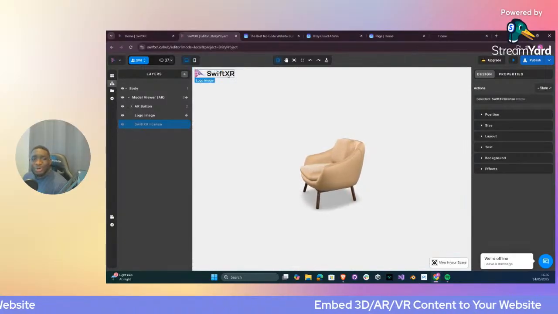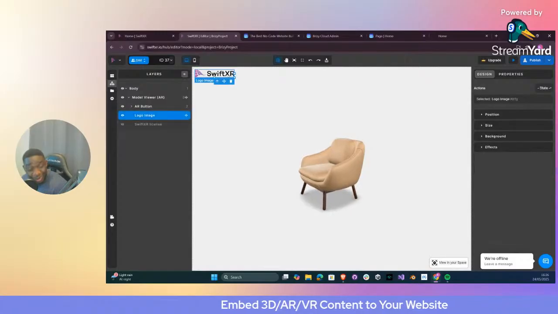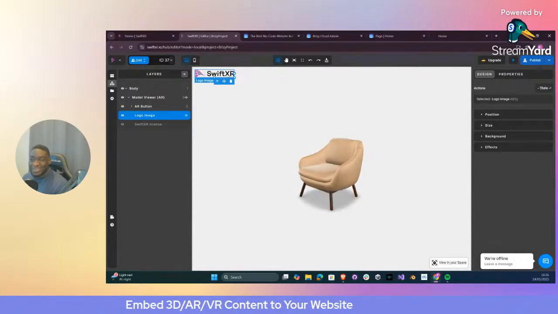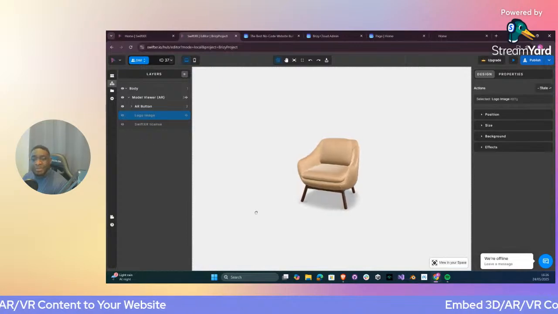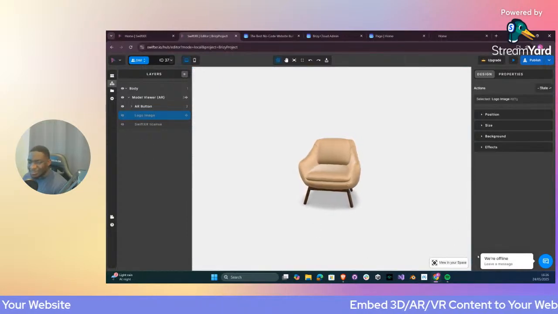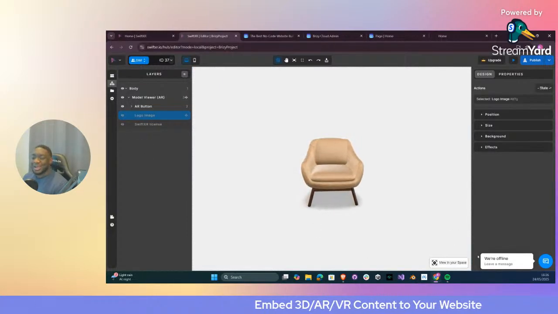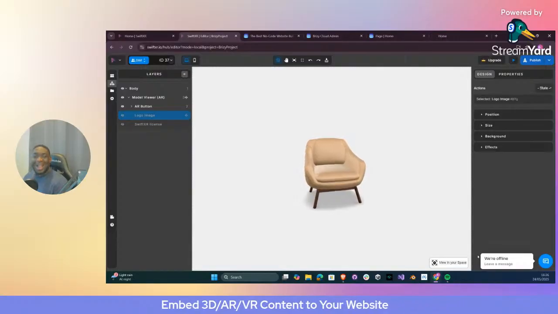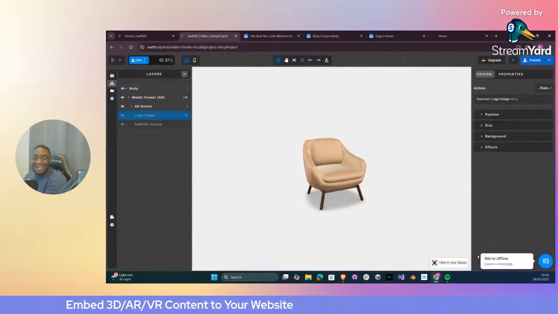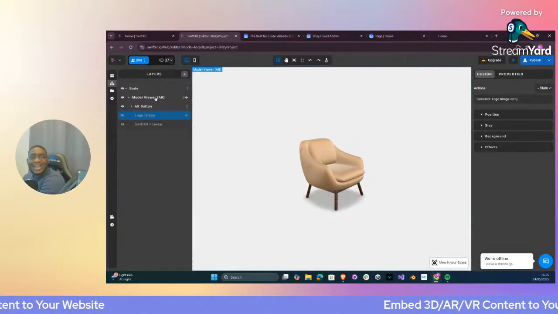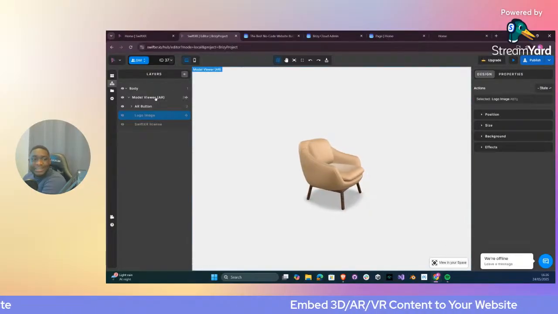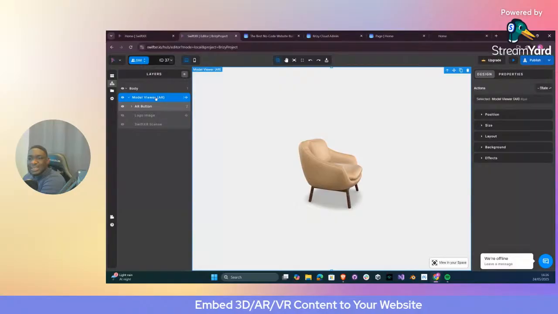And then for the logo here as well, you can put in your own logo. It doesn't have to be a SwiftXR logo. So you can turn this off as well, right? Ensure you leave the view in your space because you do need a button that allows people to actually view it within their space. Right. So now that we have that, next thing we want to do is select our model viewer itself,